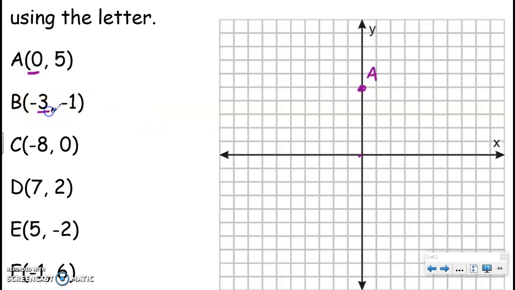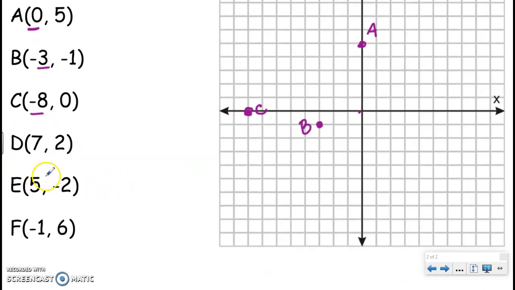Okay, for B, I have to step backwards 3. 1, 2, 3. And then I'm going to go down 1. So there's my B. For C, we're going backwards 8. And then I'm not going up or down. 1, 2, 3, 4, 5, 6, 7, 8. Okay, so C. D is (7, 2), so I'm going to walk 7 steps in, and then I'm going to